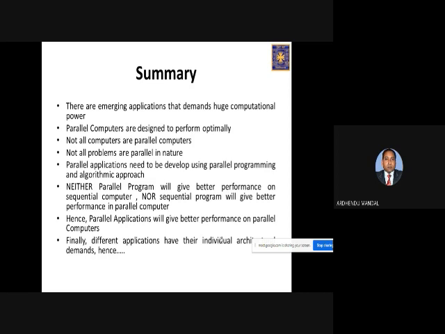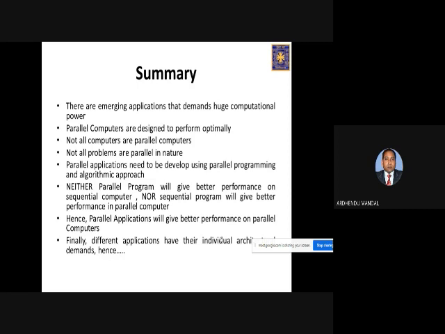Different applications have different architectural demands. So we cannot say, I have purchased this parallel computer, so it will work best for this application, and again it will work best for the other applications. No, for each and every application, as their demands are different. We cannot say it's like a regular t-shirt that you purchase and it will fit everybody.